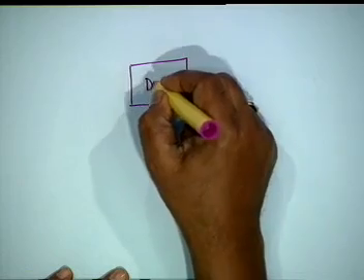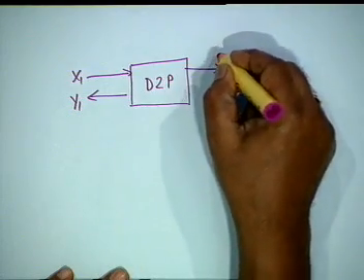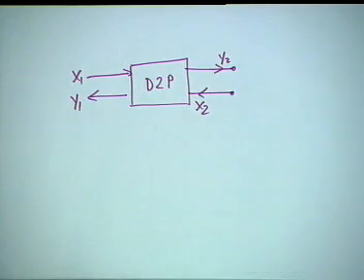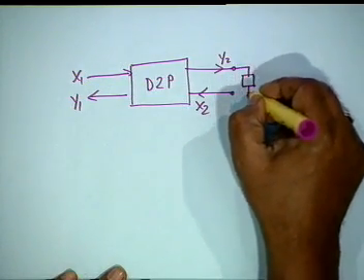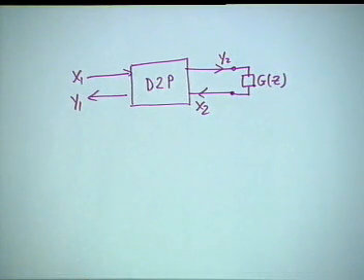Finally, we come to the concept of a terminated digital 2 pair. That is, I have a digital 2 pair whose input is x1, first output is y1, then you have y2, x2. If these 2 terminals are terminated, that is, if you connect to these 2 a transfer function g of z, then it is called a terminated digital 2 pair